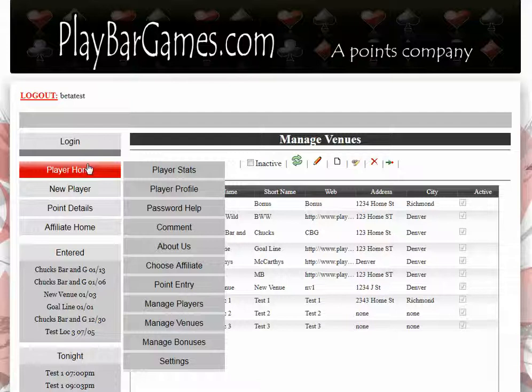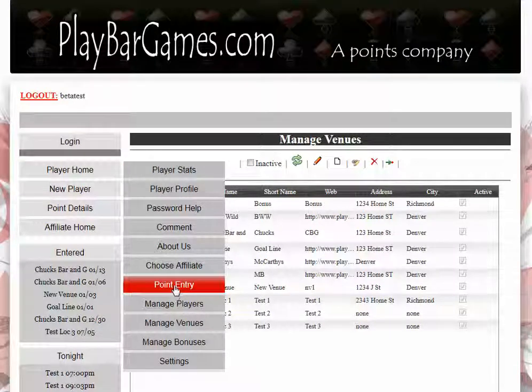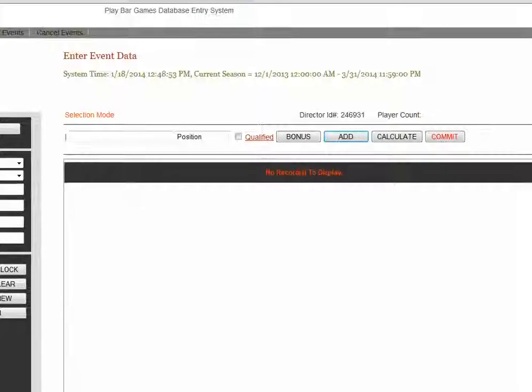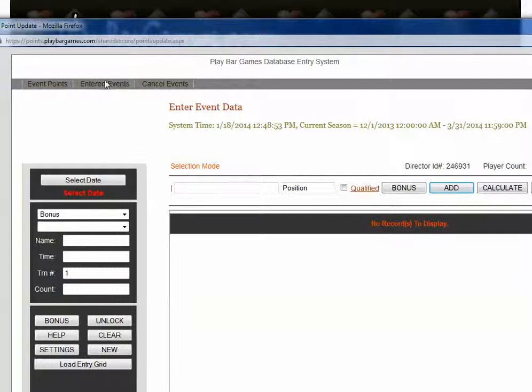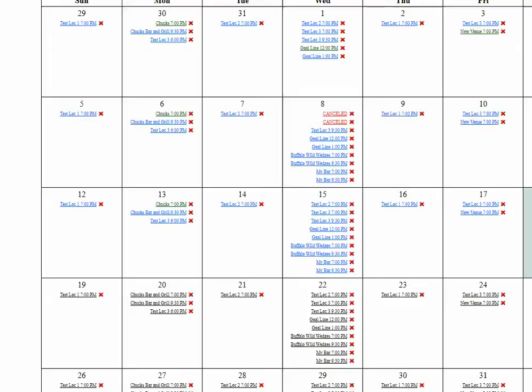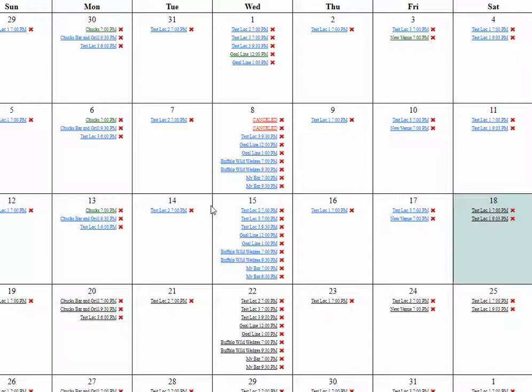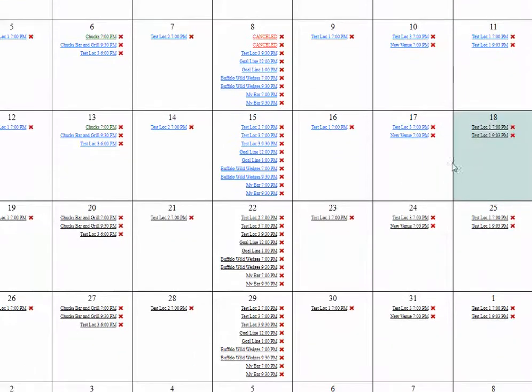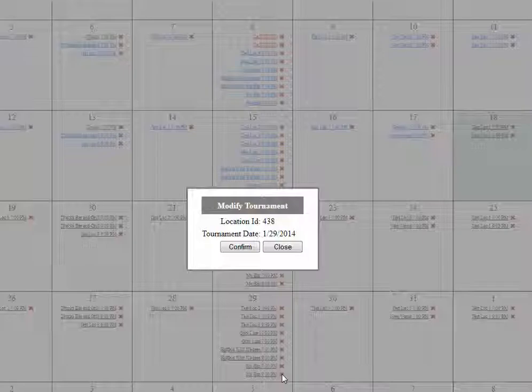Now we're going to cancel the 15th tournament. So we'll go to point entry. This is where we go to manage all our points, and here's cancel events. Okay, so let's look at the 15th, and today's date is actually the 18th, so let's not do it on that one there. Let's cancel it on the 29th of January. So open to my bar, and we'll cancel this one. Confirm, okay,